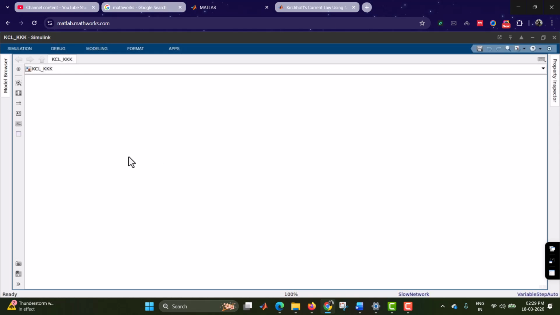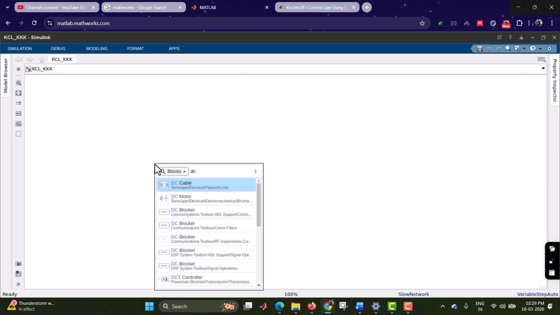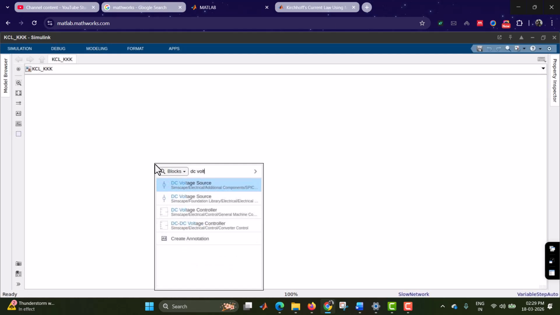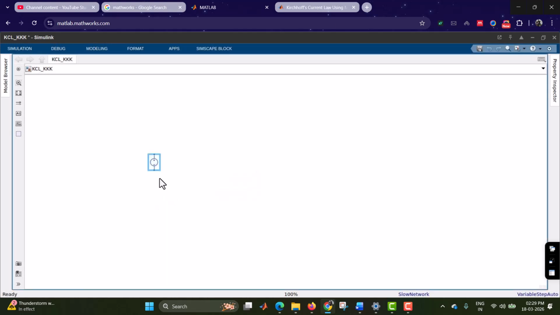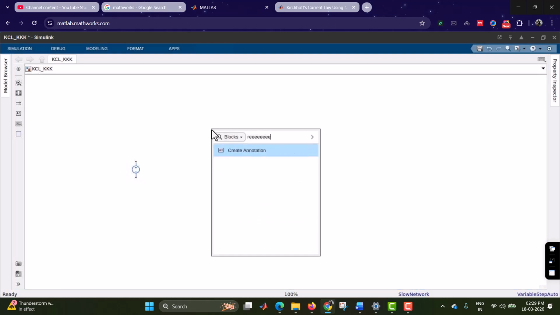Now to construct a circuit, here we need a DC voltage source. Just click on an empty space and type DC voltage source. Under the Foundation library, you have to choose the element, the second element, DC voltage source. And here I am using three resistors to construct a current law circuit. That is resistor 1; I am using three resistors